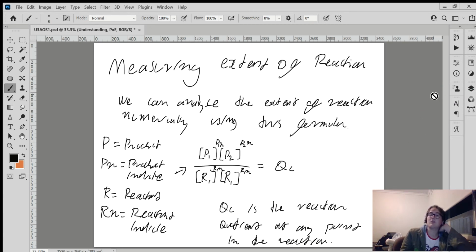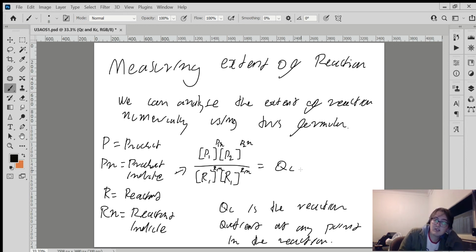There is a way to quantitatively analyze the extent of reaction. We do it using this formula, where P is product, P to the n is the product indices. You should be very familiar with this by now. It's not a very hard thing to do. Just remember,